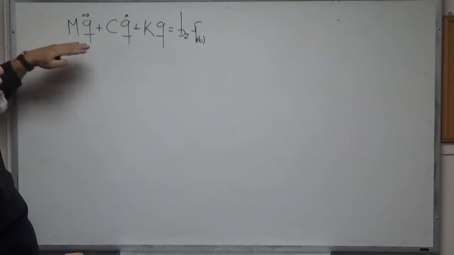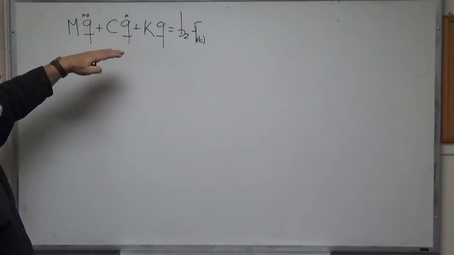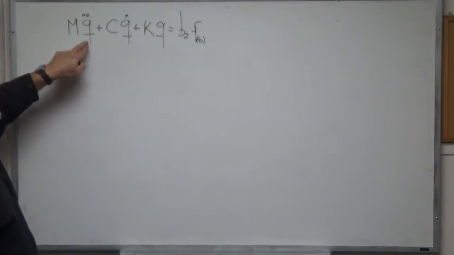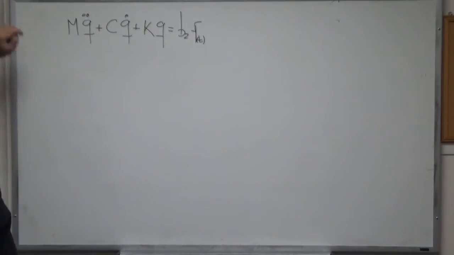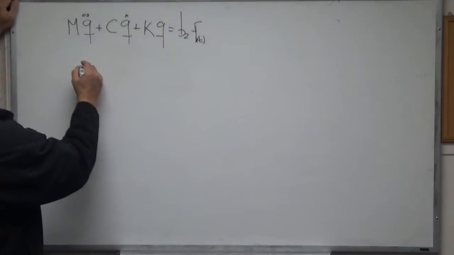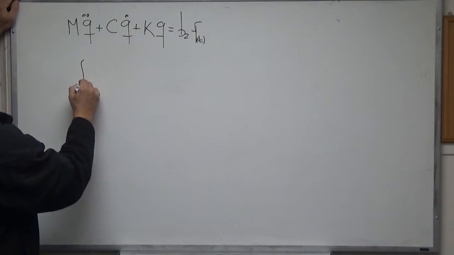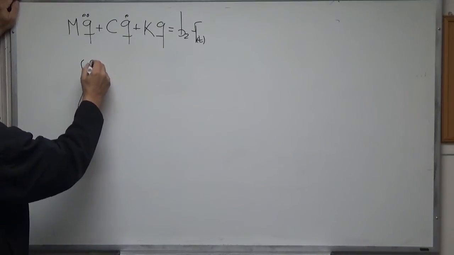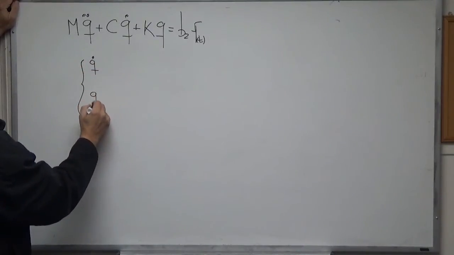Why is this not in state space? Because the state is only the displacements and the velocities. The state does not have accelerations. So without any further discussion, I think you can see that I can write the following: q dot and q double dot